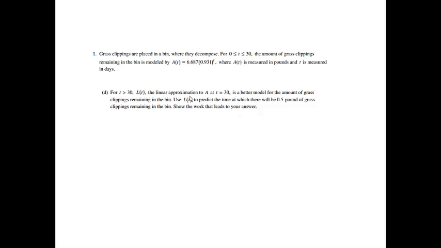Well, first of all, a linear approximation is just an equation of a tangent line. So we won't be afraid when we see that. That's all that it means. So we want y equals mx plus b. The slope, since we're talking about the linear approximation to A, would just be the derivative of the amount, and that's happening at t equals 30. So we'll be finding A prime of 30,